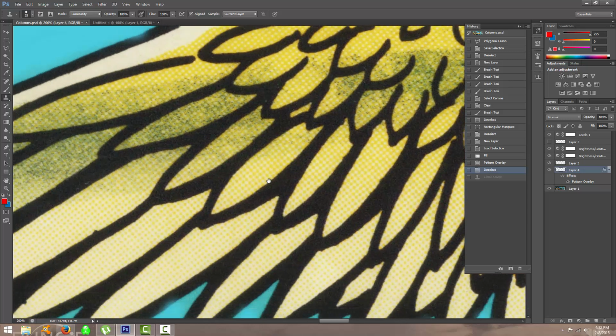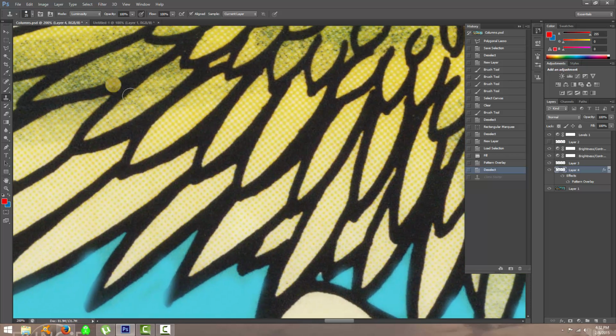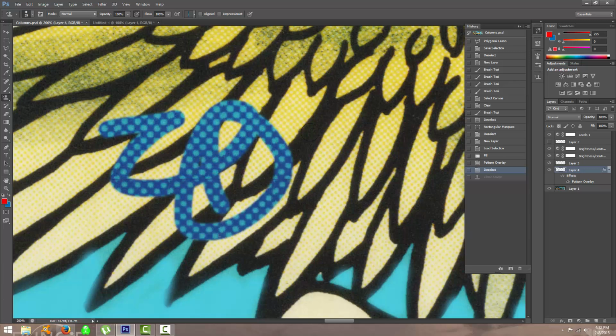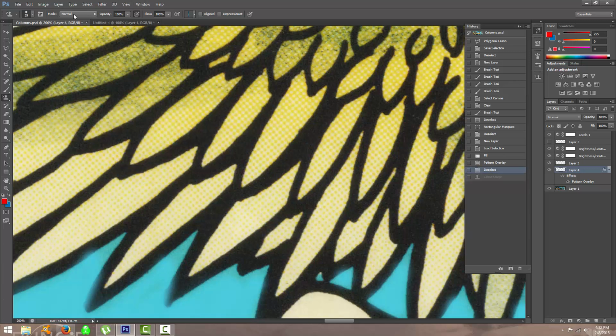So it's actually best to make patterns of every different gradient we have here, and I kind of did that already. So I'll show you. We'll go back to the same place where the clone stamp tool is and go down to pattern stamp tool. For example, we could use a pattern that we used earlier for the behind the columns wording, and then boom, you know, oh cool. Obviously that doesn't work there, but I do have a couple different samples that I've taken here up in my patterns